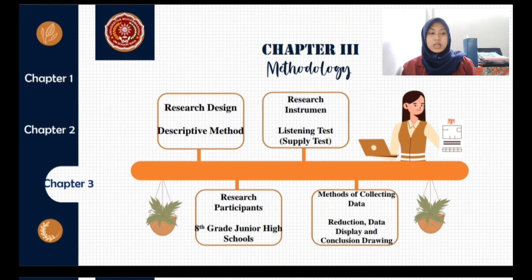Next is chapter 3, the methodology. First is research design. The method to be used in this study is a descriptive method. In line with Hadari Nawawi, the descriptive method is a problem solving procedure that is investigated by describing the subject or object of research at the present time based on the facts